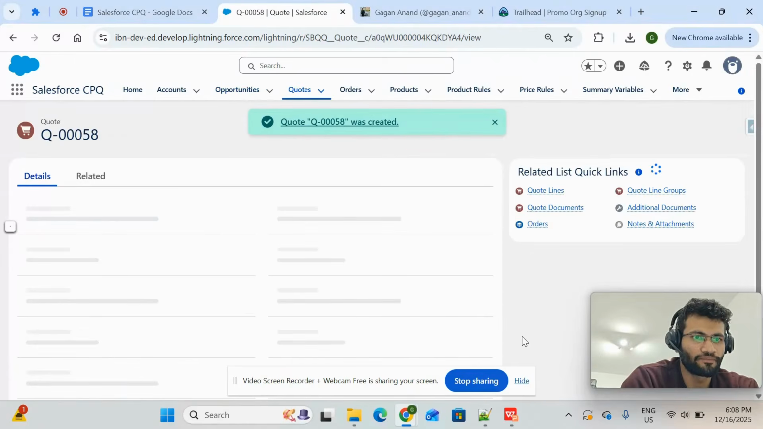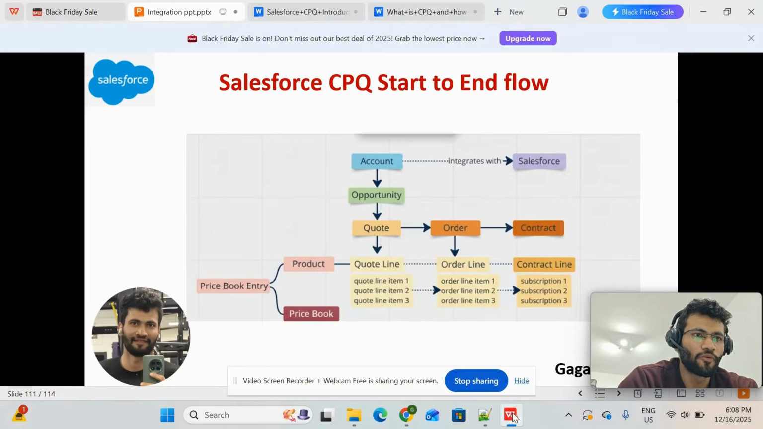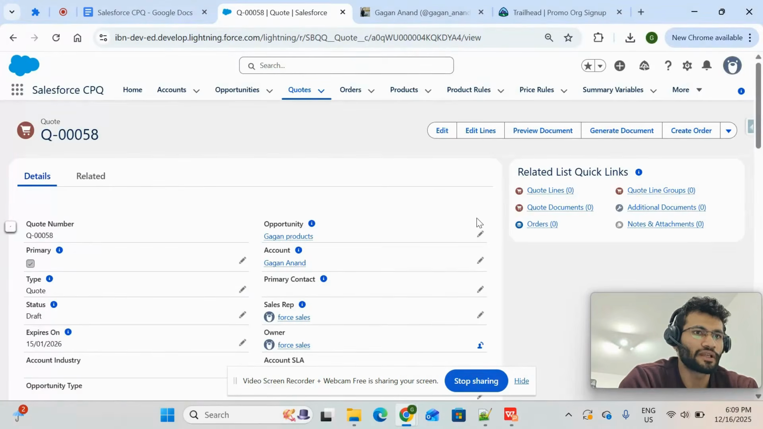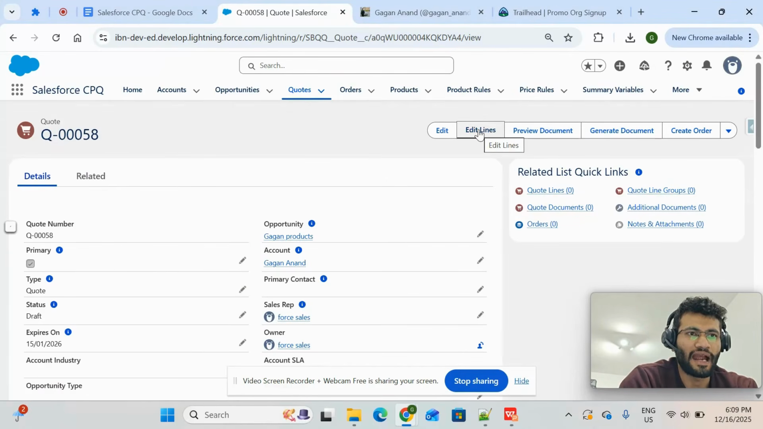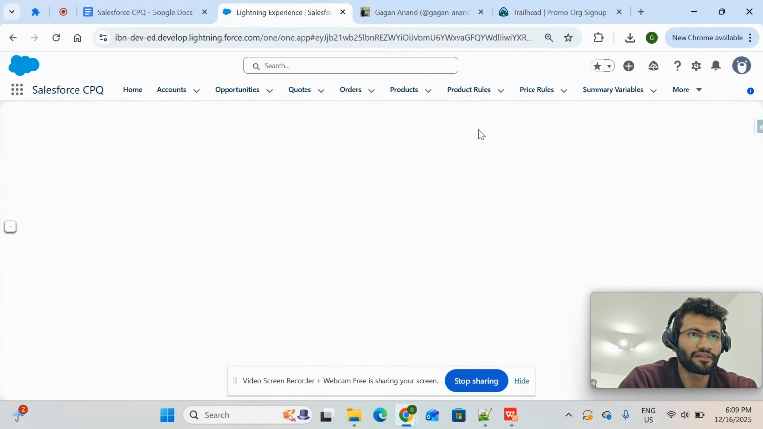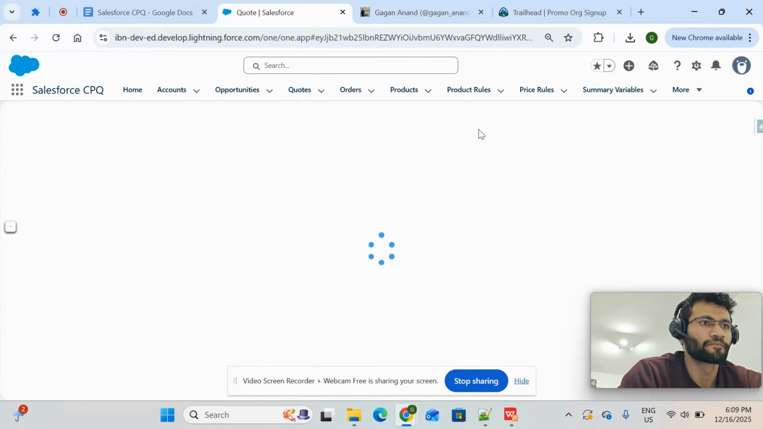Click on it. So as I said, from the opportunity we create the quote, and in the quote we have the quote line item where we add the product. So whatever product the customer is asking for, we add that product in the quote line item, which is linked with the quote. So we created the quote. In order to add the product in the quote, what we have to do, we have to click this edit lines, which will create the quote line items. So I click the edit lines,